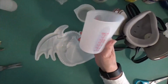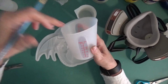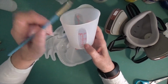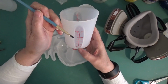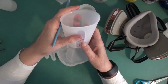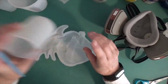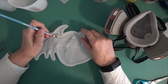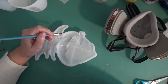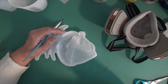Oh, by the way, I got 2 of these when I ordered the magic resin, and they have a clear measuring thing here, which I think is just fantastic. It's marked in cups and ounces, so that's pretty good if you're going by volume. And these are by volume. Otherwise, why would they? So that's great. I do have an awful lot of silicone cups though, so it would have been nice if they would have just reduced the price, but I guess they assume that it's everybody's first time buying the resin. It's like diamond paintings, you always get the kit. Anyway,